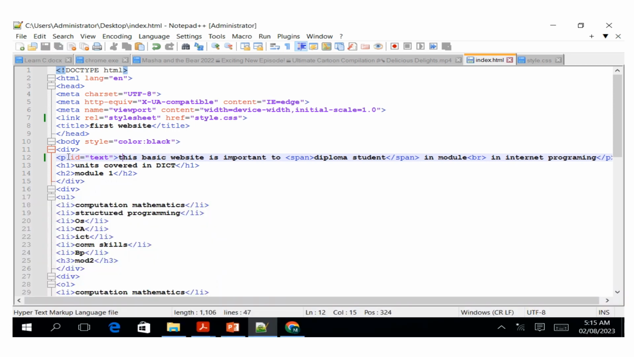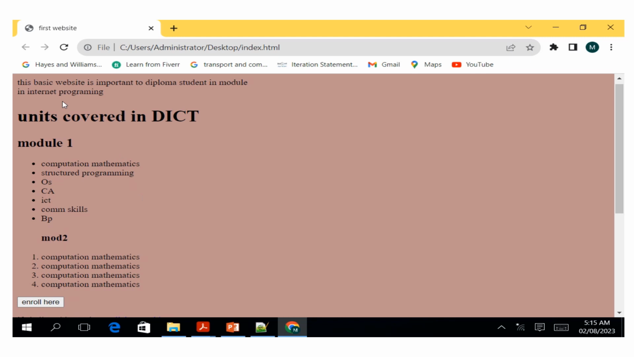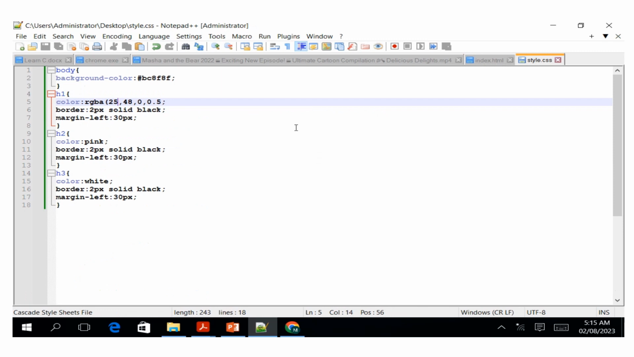If we save it and then we want to give a style to this paragraph where we have this basic website is important too. If you come here, this basic website, you can see it is plain. Maybe we want to give a color to it. So how do we reference the ID? How do we reference the ID? So for us to be able to reference our ID here, what we can just have is